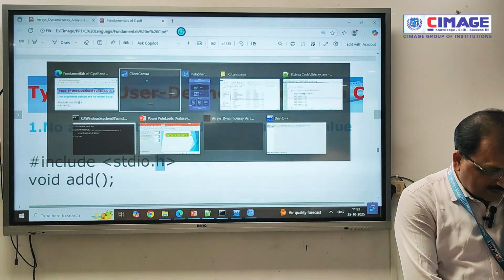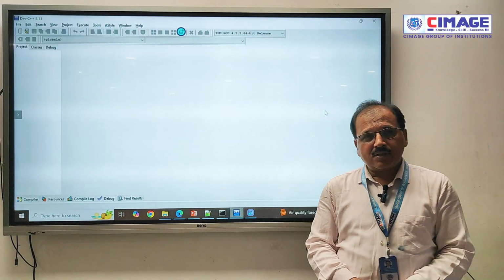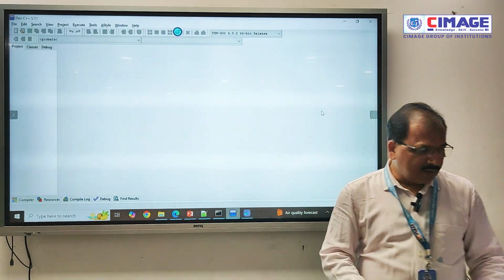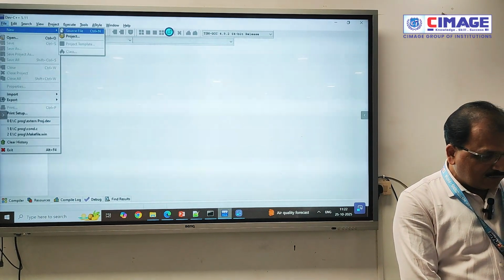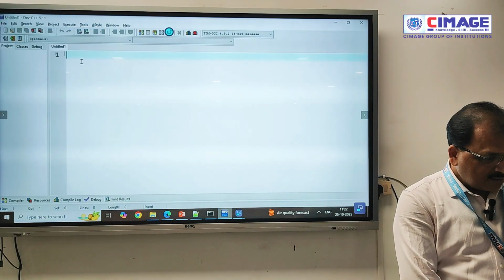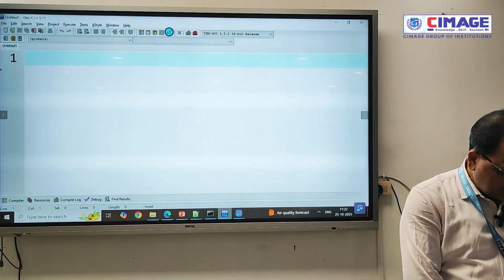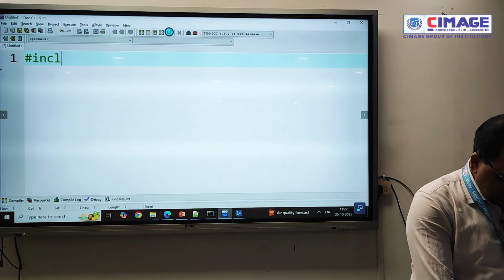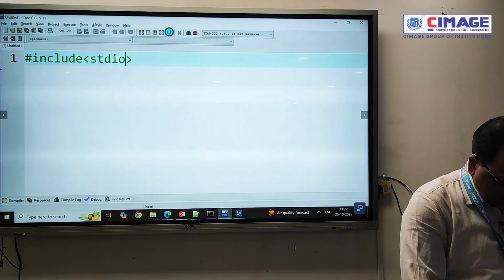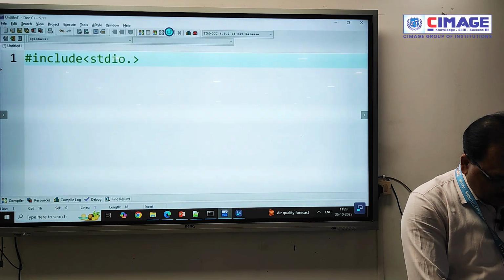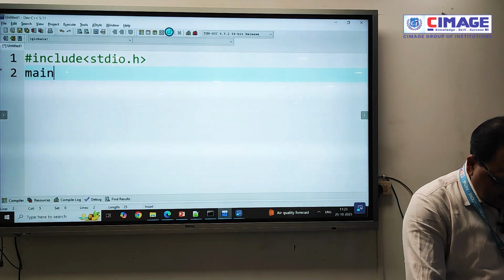So here for the practical we will go to Dev C++. This is my favorite editor. So let's create the first kind of user defined function. Definitely in the C programming language, every program starts with the hash include preprocessor directive, stdio.h, for dealing with input and output operations. And the mandatory function which we have in the C language is called main.